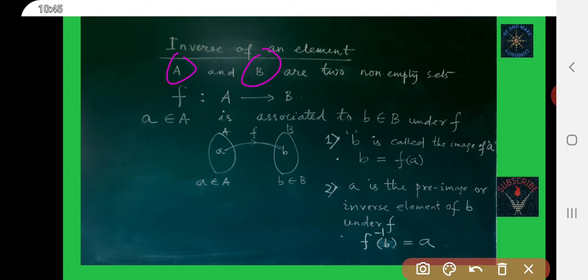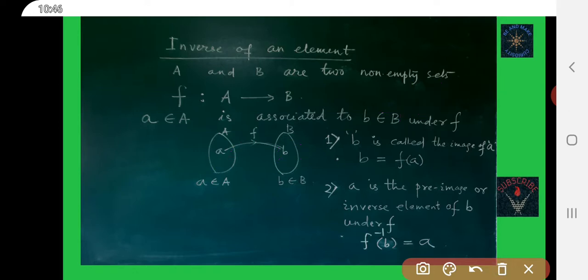F is a mapping from A to B. Then small a belongs to set A, which is associated to small b belonging to set B under F. Then you can say B is the image of A, and you can write B is equal to F of A, or you may write F of A is equal to B.